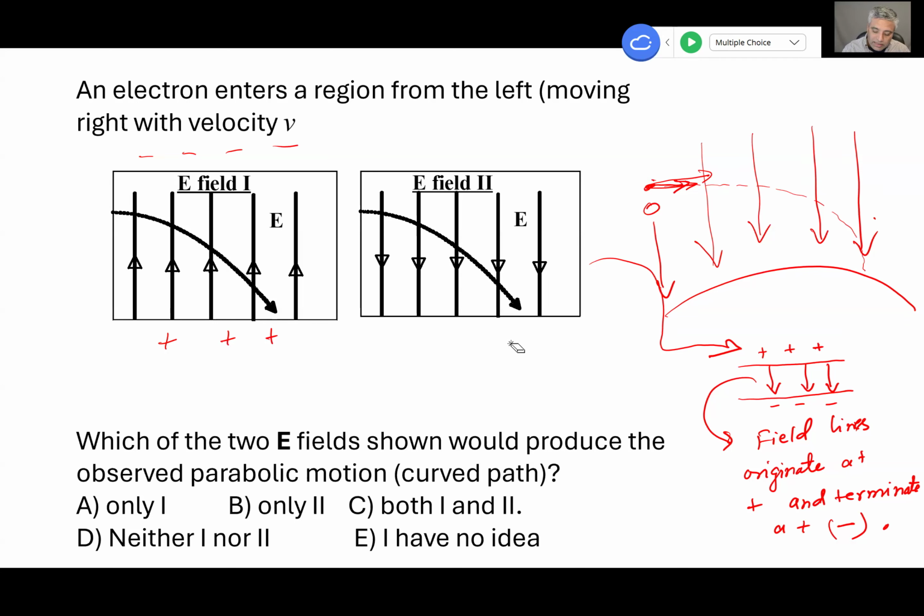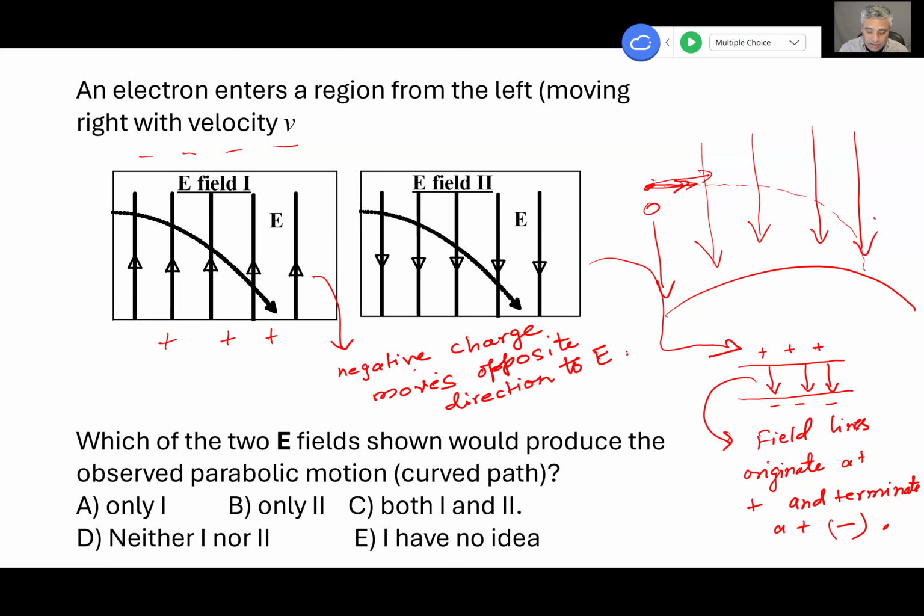So in terms of field lines, we need to remember a negative charge moves in the opposite direction to the field E,